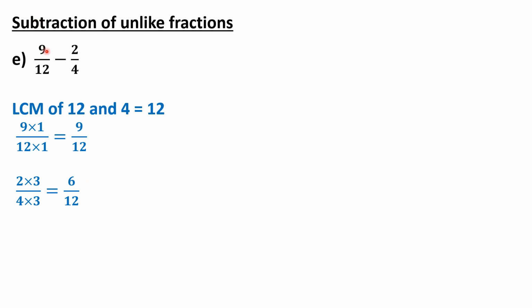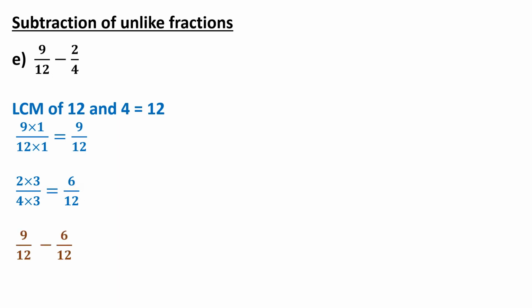First of all we have taken here 9 by 12. The denominator is already 12, so we'll multiply it by 1. So we'll get 9 by 12. Next fraction is 2 by 4. When we multiply 4 by 3, we are getting 12. How will you get 3? If you are not knowing how to get this 3, we can divide 12 by 4. That means we are getting 3. So 3 we will multiply by 4 to get 12. So 4 is multiplied by 3 and in the numerator also 2 is multiplied by 3. So we are getting 6 by 12.